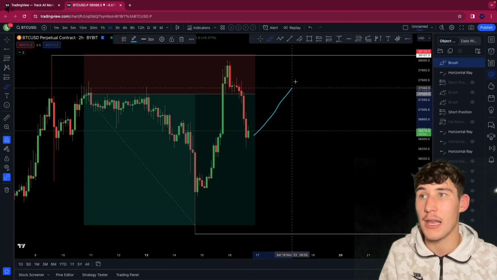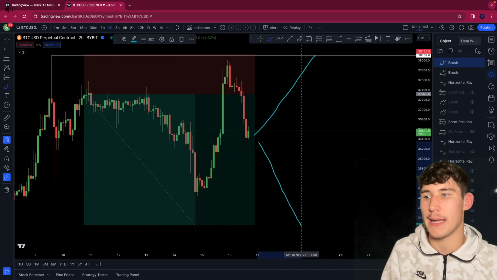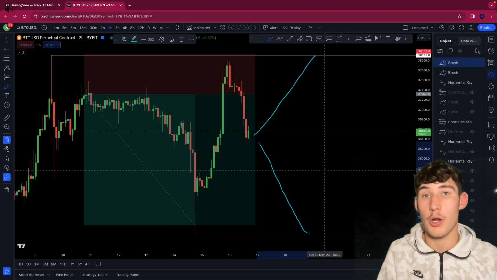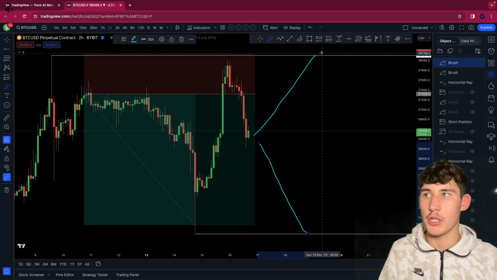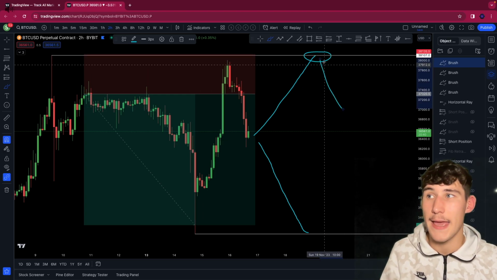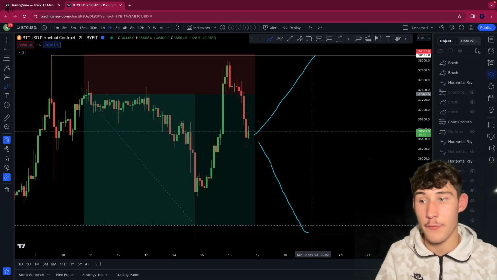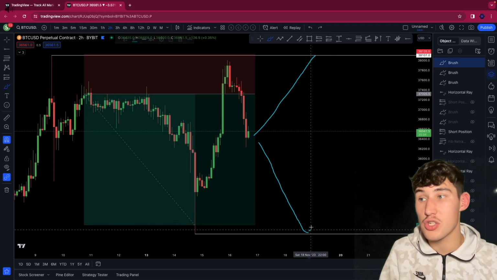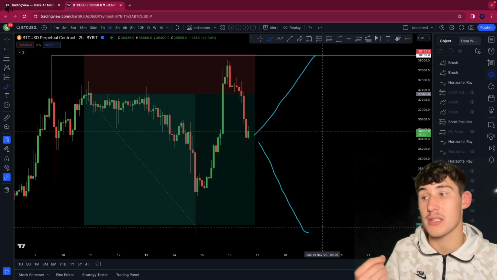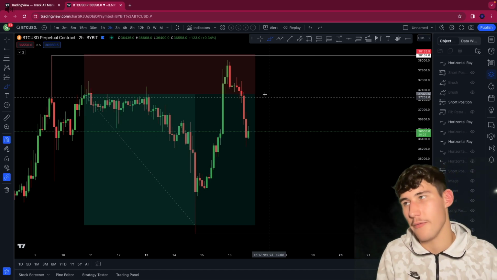Okay, remember we have a level towards the upside, $38,107, and we have a level towards the downside, $34,469. From either one of those levels, what we want to do is determine: is price looking bearish at this level? If it is, we short. If it's not, we look for higher prices. If we come down to 34,469, if it's looking bullish, we can look for a long position. If it's not looking bullish and it's looking bearish, we look for lower prices. So very, very simple, but very, very effective.